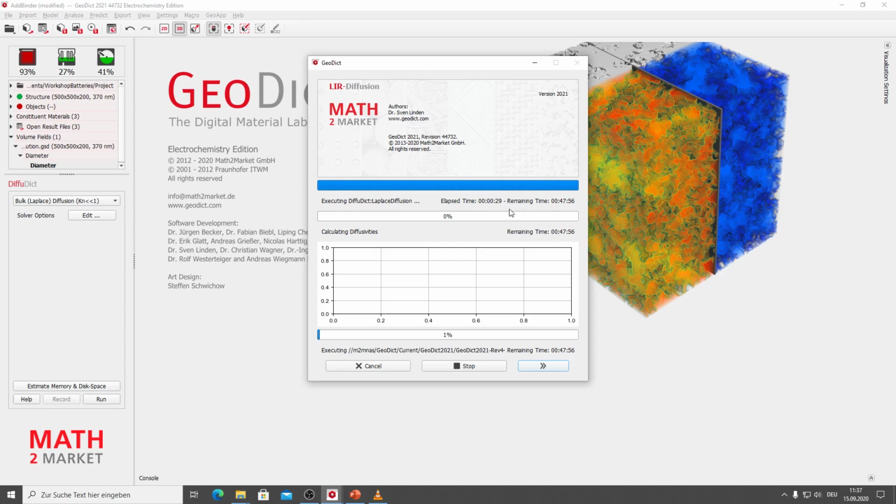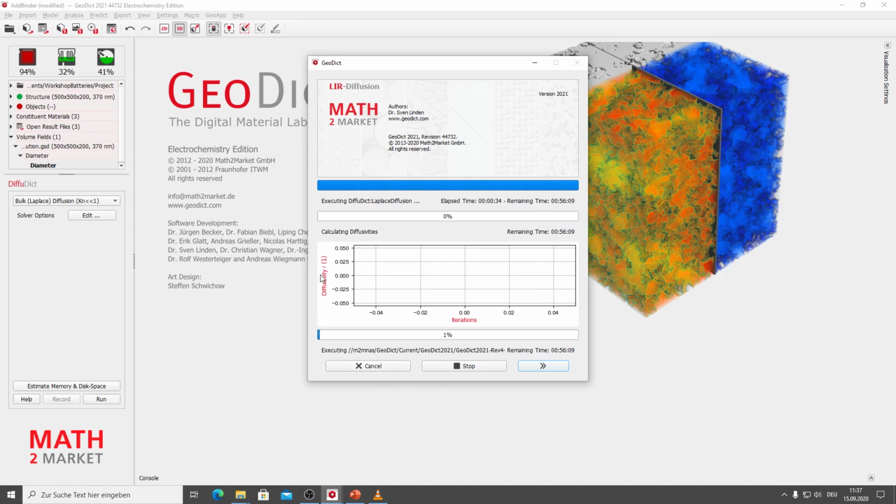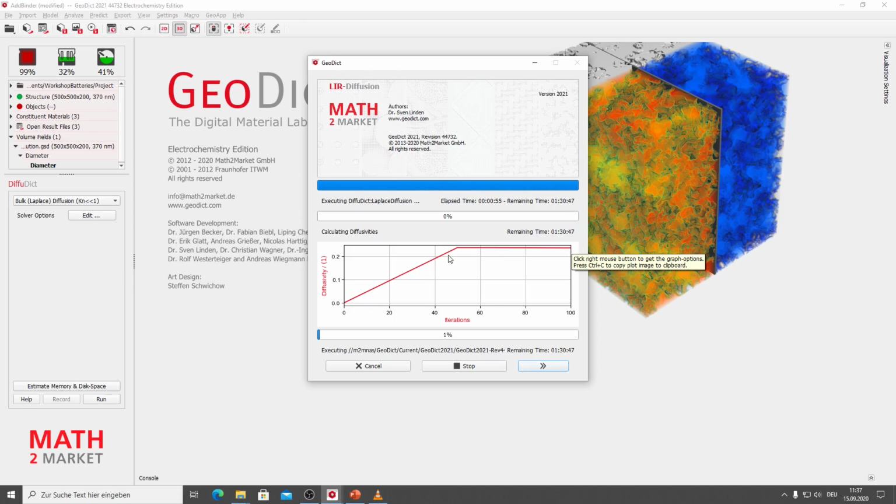It's calculating diffusivities, which is not really surprising when we are calculating a diffusivity. Here below you usually get a plot showing the convergence of the solver. You can see how many iterations we've already done, and then the diffusivity value that we have at the moment. And you can see how far away the last dots are.